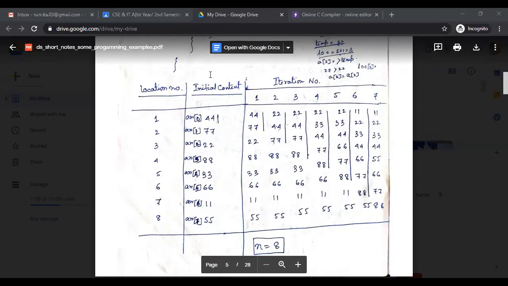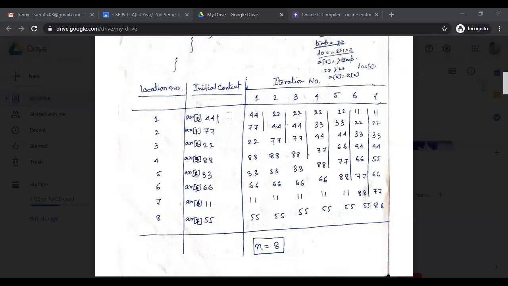How does the comparison take place? As you see in this example, in ARR0, we have 44. In case of one element, there is no requirement for any comparison. Suppose in my array there is only one element, my one and only element. There is no option for any comparison because I have only one element. Now, move on to the next part.